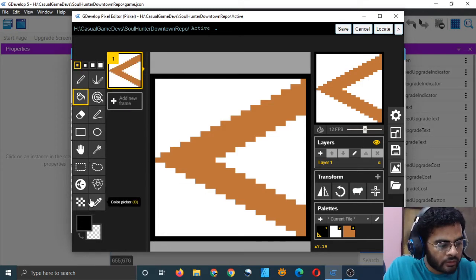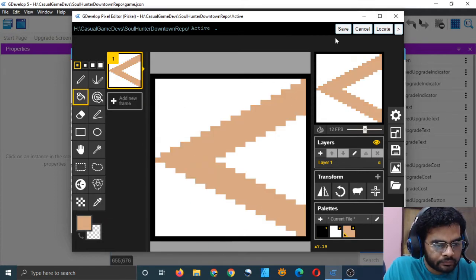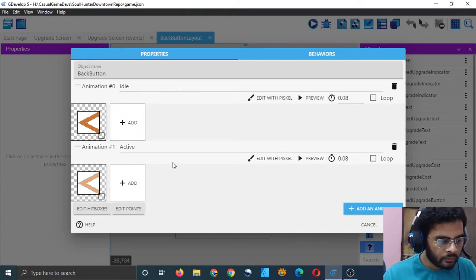So let me pick a lighter shade, and then save. As you can see, my old file has not been updated, only the new one has been updated.